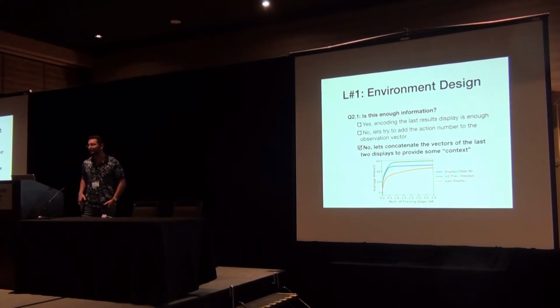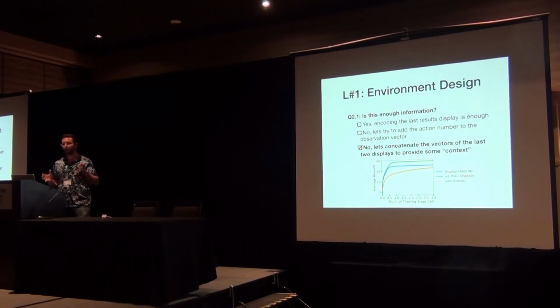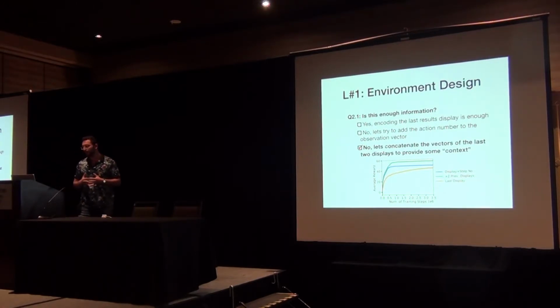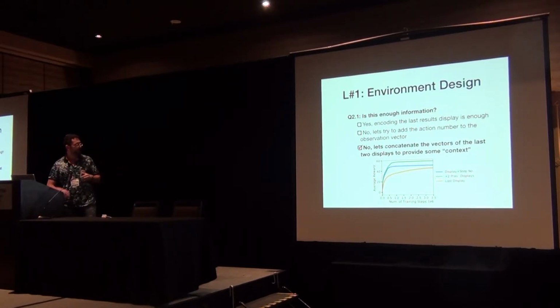So we suspected that this is not a sufficient representation, and the agent might be missing some more information about the session that it just performed. So we tried to add information to the observation, and the second solution that we thought of is simply adding the action number to the observation vector. If it's the first action, then we just add an element with the number 1 to the observation vector. If it's the second action, then we add the number 2, etc. As you can see now, the blue line symbolizes the system architecture when we use the second solution with the action number. Now you can see that it converges much faster with a higher reward.